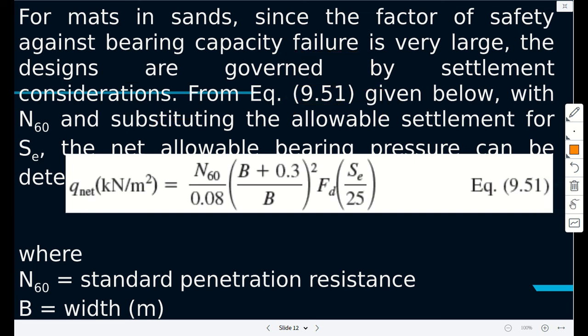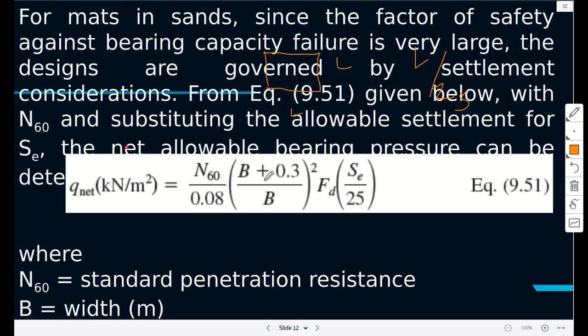Anyway, to make it easy, sometimes you can have a rectangular footing, but mostly you have a square. So when you have a square, then the square would be L by L. Then you can say your settlement would be L over 25. Once you determine how much settlement you are going to allow, then the bearing capacity is limited